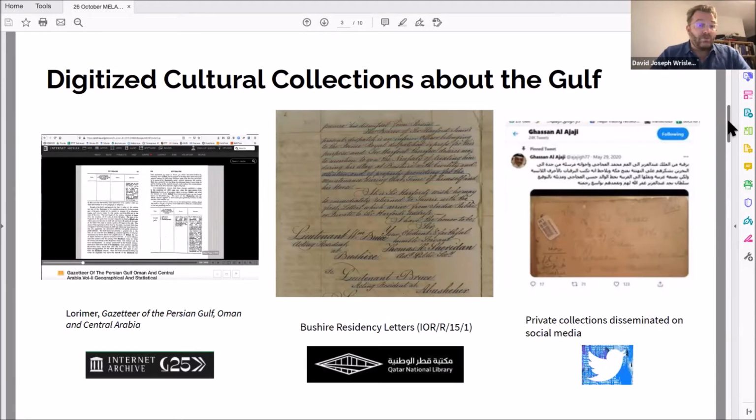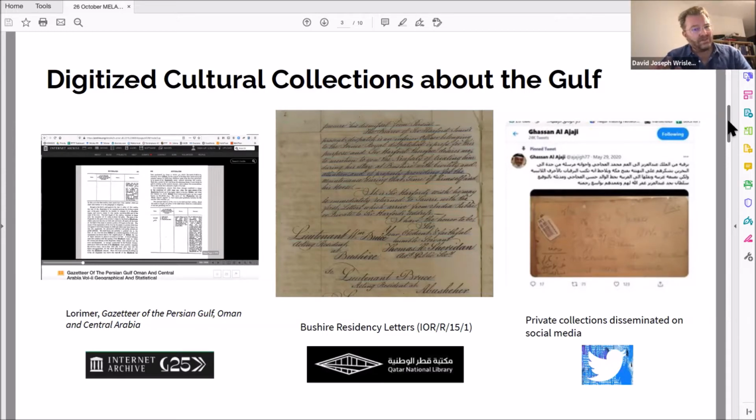We also have, you may know, the India Office Records, which have been digitized by the Qatar Digital Library in the last decade or so. Those are available to us, and those are actually also available in IIIF, which makes things kind of useful for digital scholarship. Another domain that I happen to like, and I talk about a little bit in other places, are